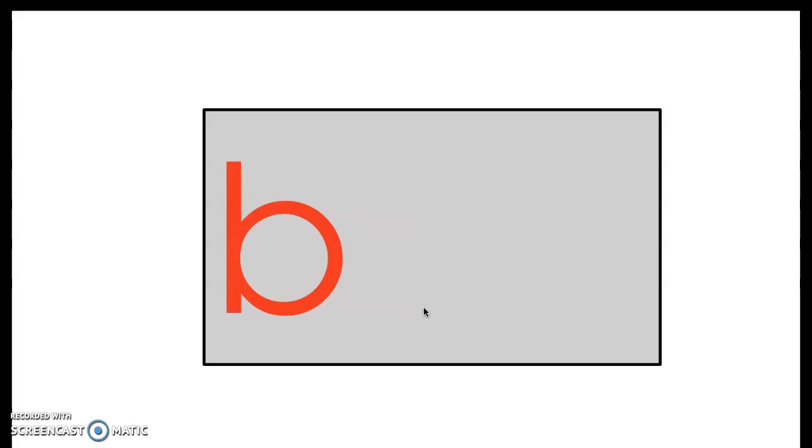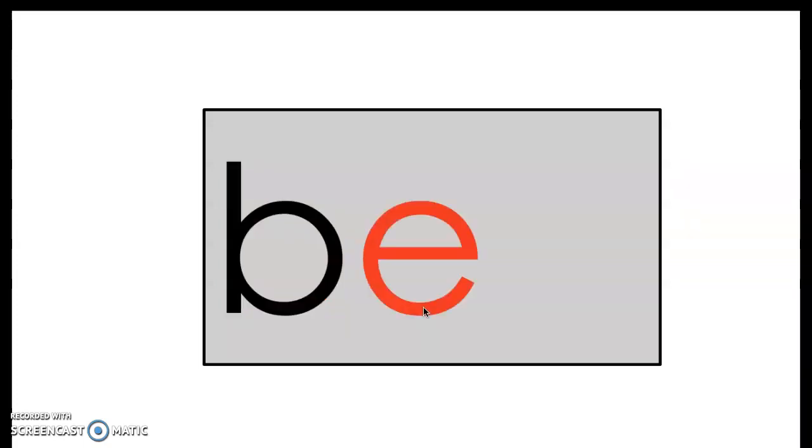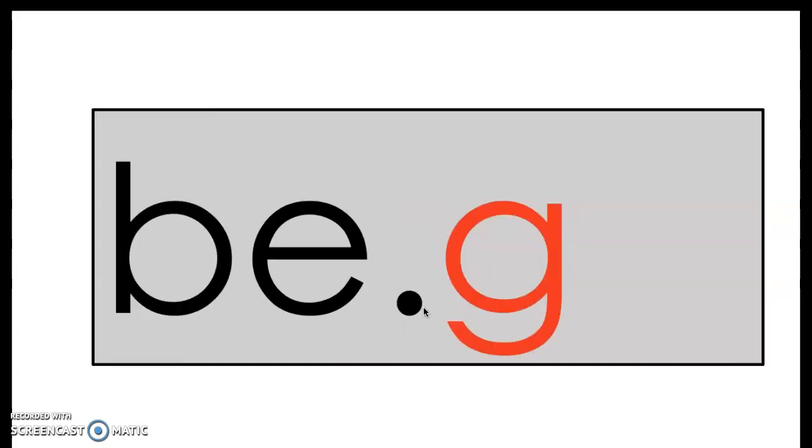Sound, sound, blend, sound. So since there's that dot there, this tells us this word has 2 syllables in it, and that means that E is going to make that long E sound. Okay?